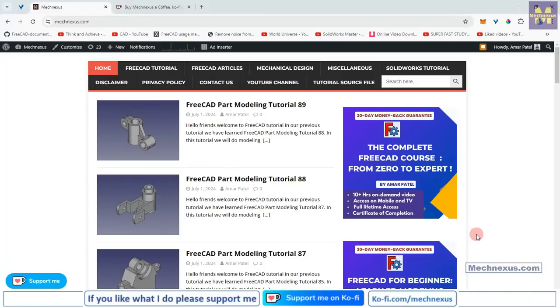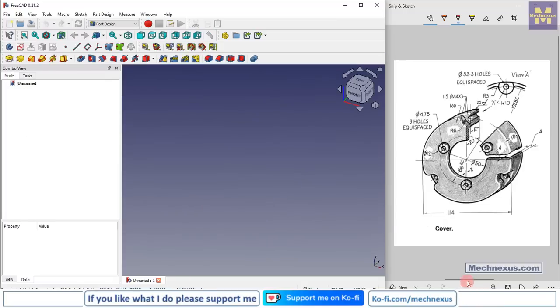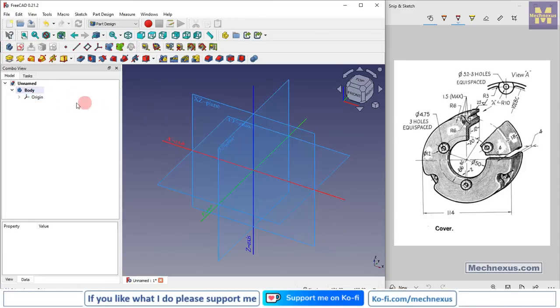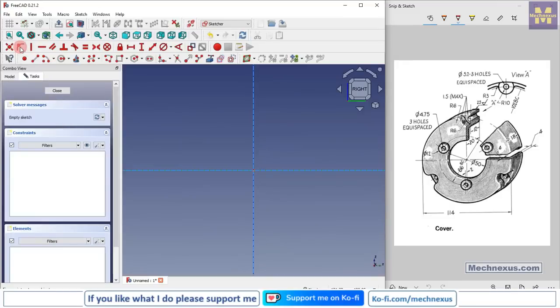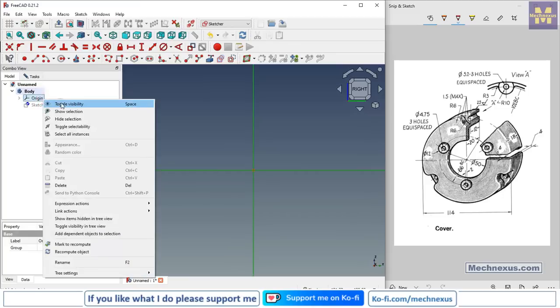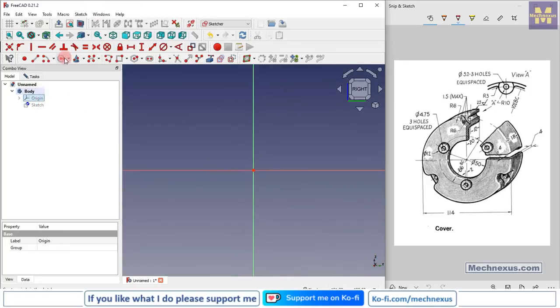So let's come back to our tutorial. So here I have created a new file, and I have activated the Part Design workbench, and from here I will create a body, and then I will press the space bar, and on the origin plane, I will select this right plane and click on the sketch, and then I will hide it, and I will select a rectangle tool,